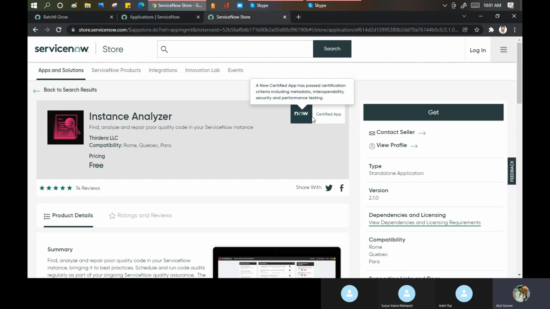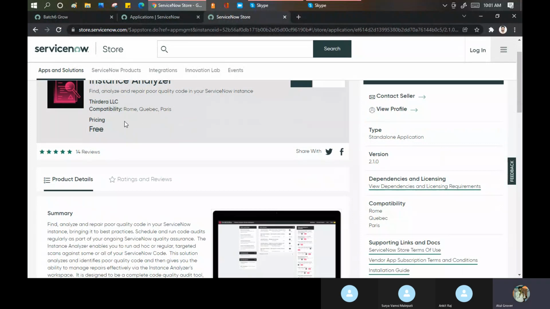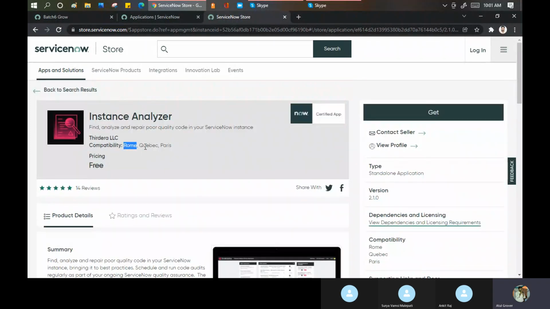It has been tested as per the standards of ServiceNow. It will work as per ServiceNow security regulations. And this is compatible with Rome, Quebec and Paris versions. Find, analyze and repair poor quality code in your ServiceNow instance.